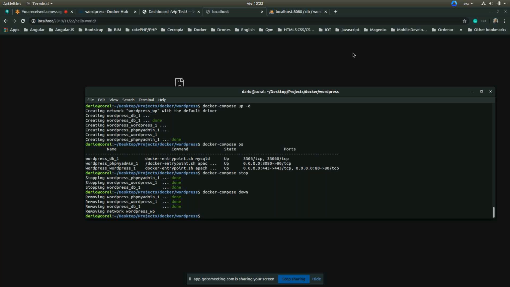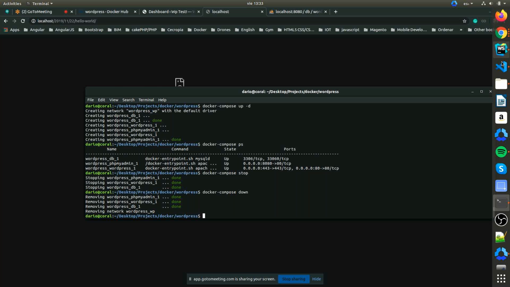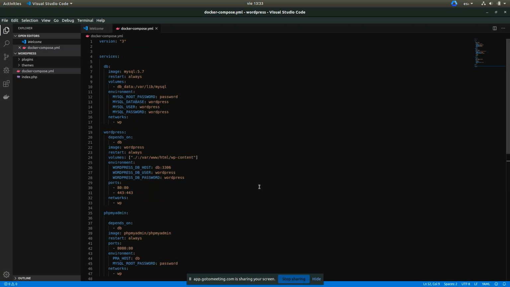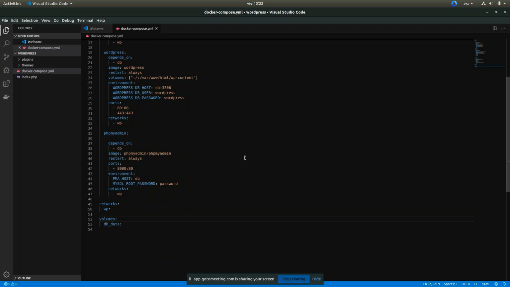As simple as that, a 53-line file created 3 servers: database, WordPress, and phpMyAdmin to check the data in the database.